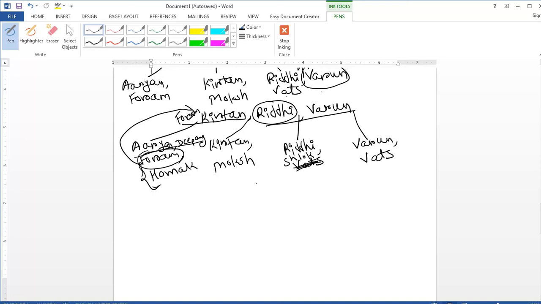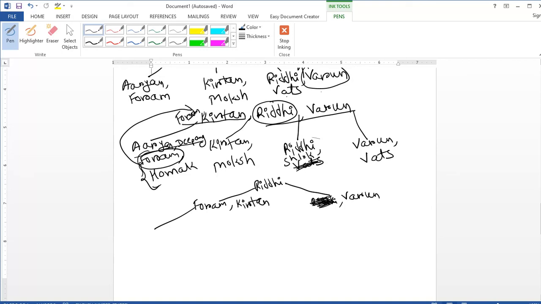Okay, so I am writing this. I hope it will be visible on this page. Okay, so Riddhi will be on the top. Then we will have Forum, Kirtan. Now here we'll have Riddhi and Varun, but Riddhi will be repeated in all the nodes. Okay, so we have these 2 values actually, but then Riddhi will be repeated in the root, in the internal node, and in this leaf node. So we'll remove this value. Okay, we don't write Riddhi here. Fine.